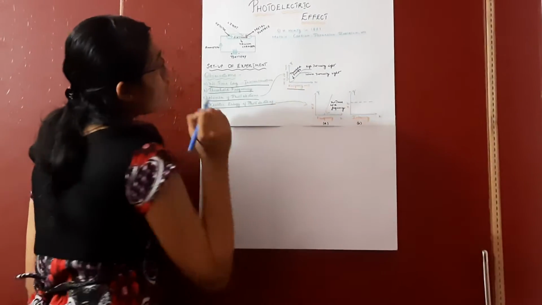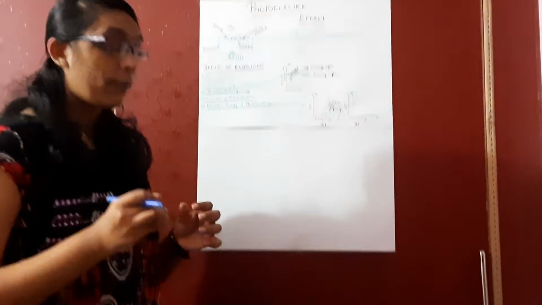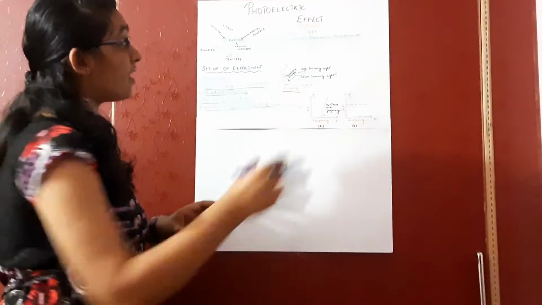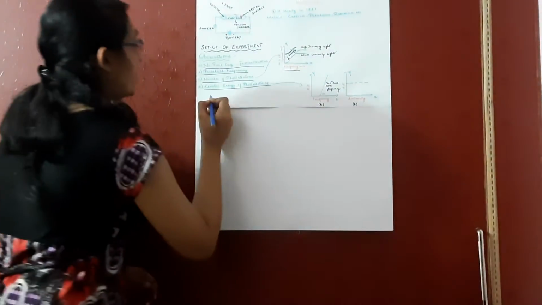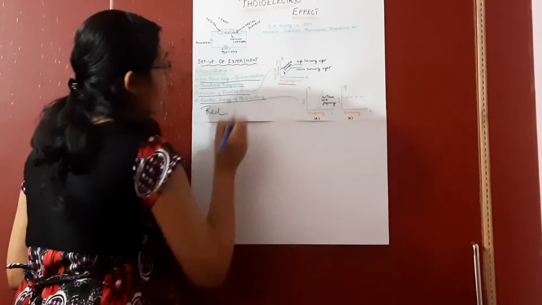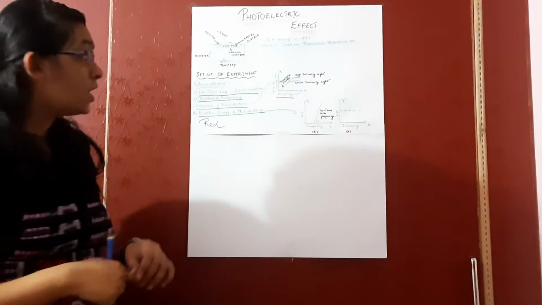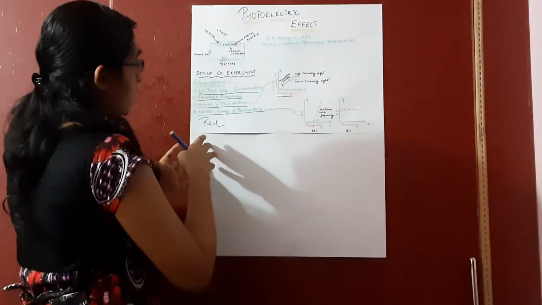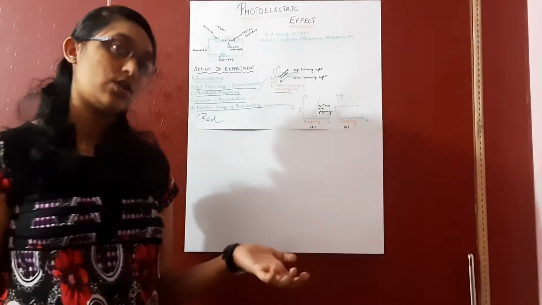Next, kinetic energy of photoelectrons. The kinetic energy of photoelectrons mainly depends upon the frequency of the incident radiation, but it is independent of the intensity of the incident radiation. For example, red light. Red light has the maximum intensity, but it has minimum frequency. So therefore, kinetic energy is not dependent upon intensity and hence the photoelectric effect is not at all possible